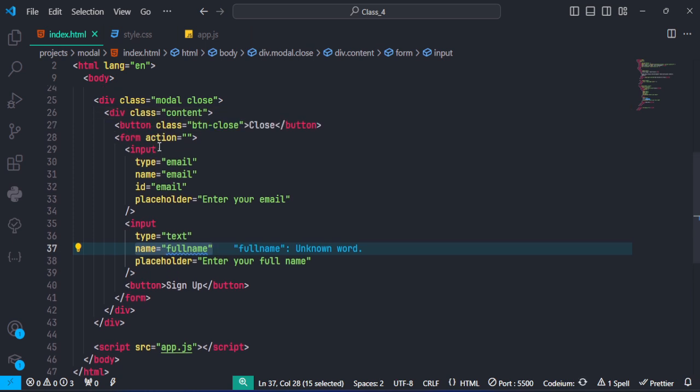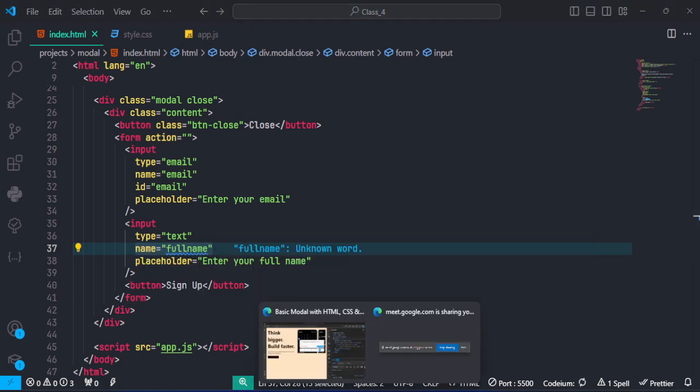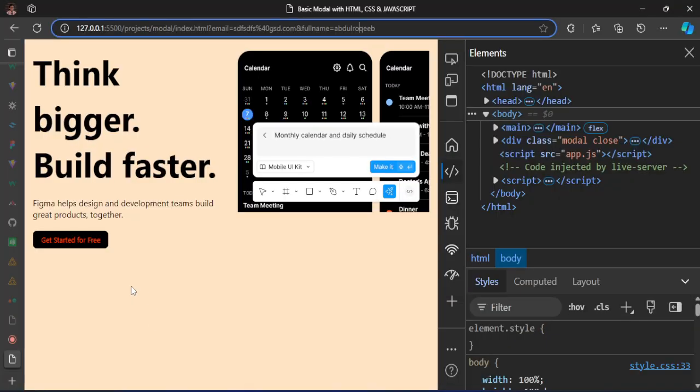But we don't want it to do it like that. Anytime this form is submitted, we want to process everything and just display it on this screen using JavaScript, instead of using the normal flow that the browser does anytime a form is submitted, because it's going to reload your page and you don't want this thing to reload your page. You still want to stay there, but you want to get the information that the user submitted from the form